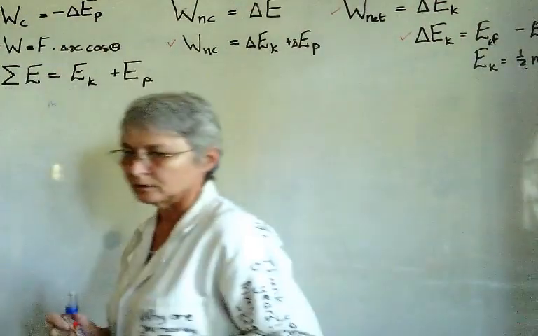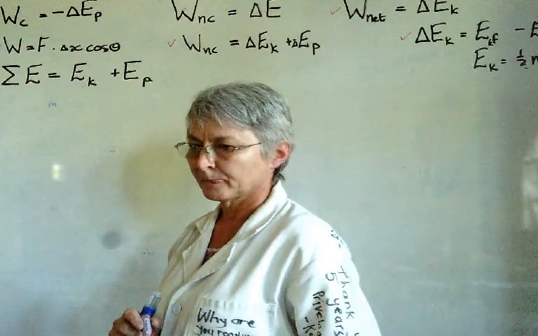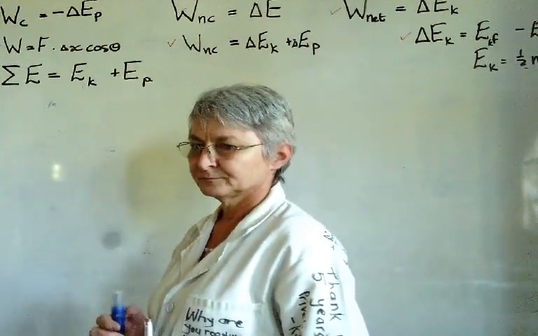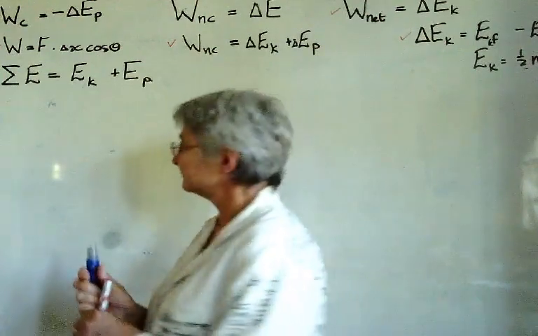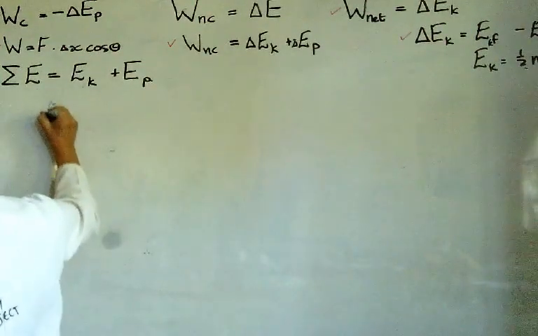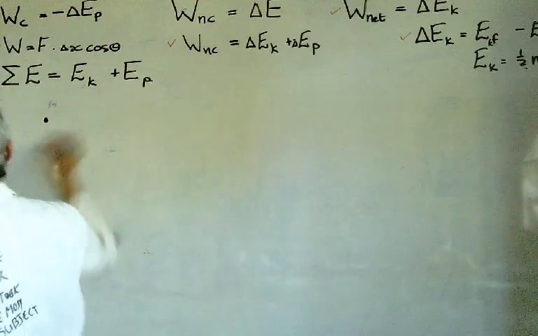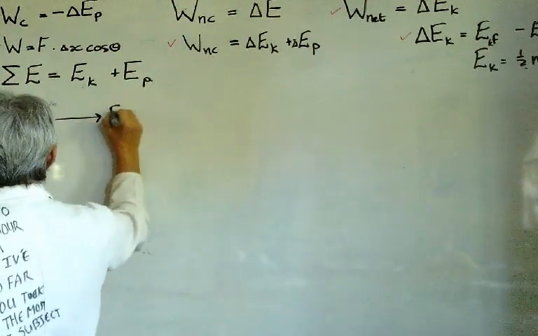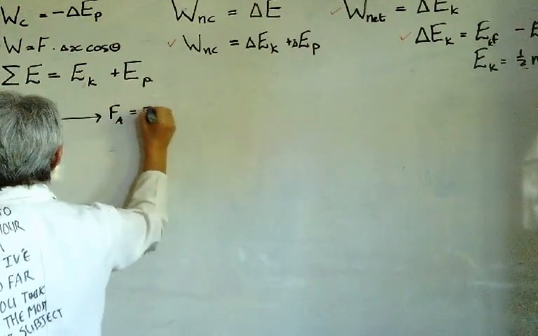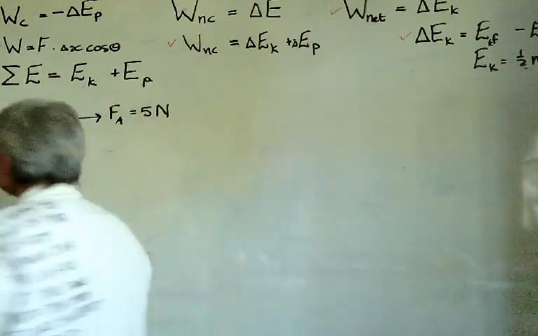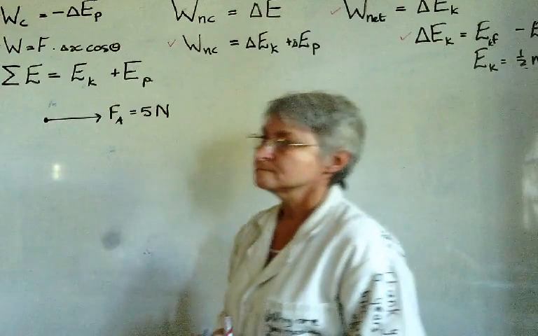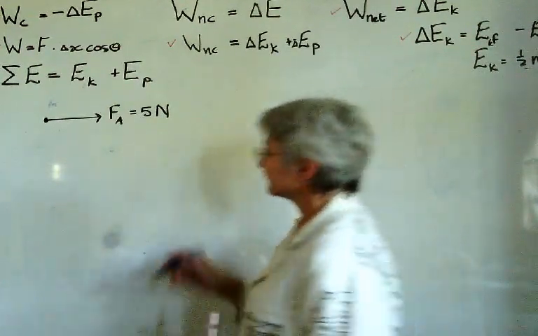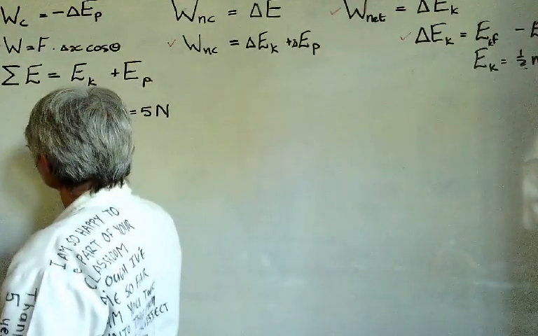Okay, now I don't have it open, so you need to tell me what is happening. Example 1 on page 2. Who's going to inform me of the situation? Nalo. A child pushes a toy with a horizontal force of 5 newtons. So can I reduce the toy to a dot and say there's an applied force of 5 newtons? Yes. Okay. Distance of 2 meters. The toy mass is